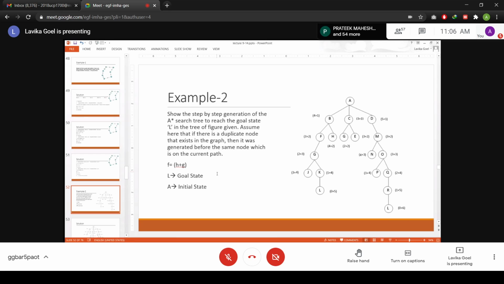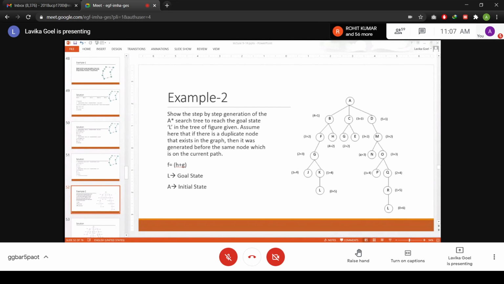Here you have to assume one thing: if there is a node which is already existing in the graph, then it is an already generated node. Assume that if there is a duplicate node that exists in the graph, then it was generated before the same node which is on the current path. You will understand this assumption.